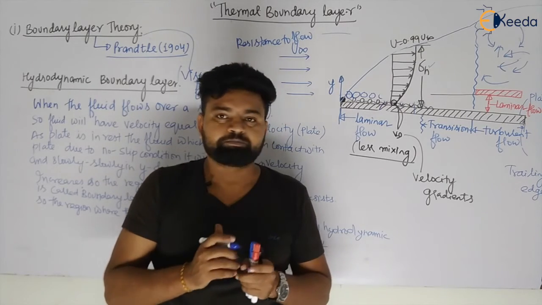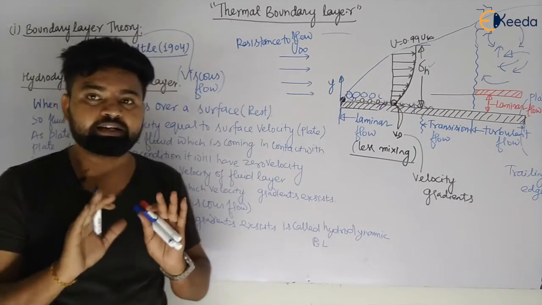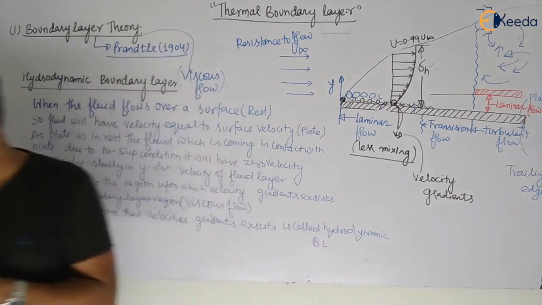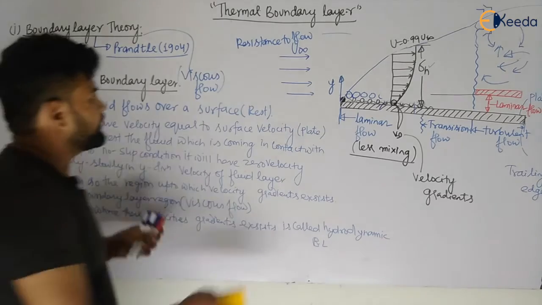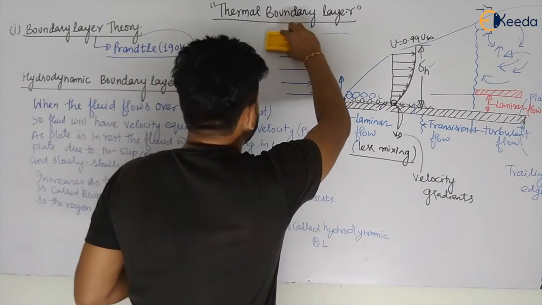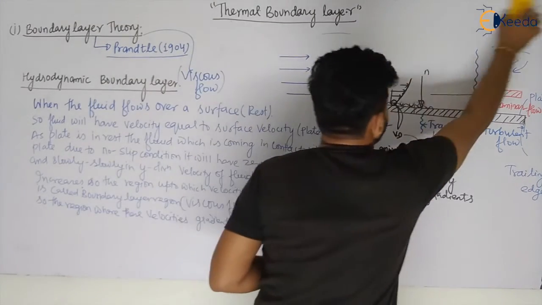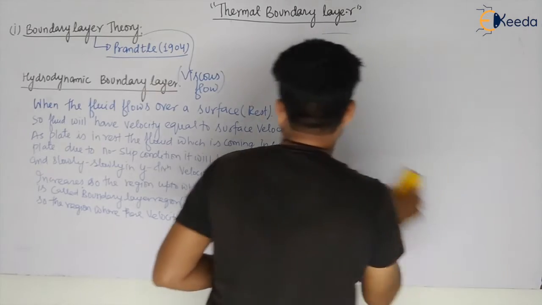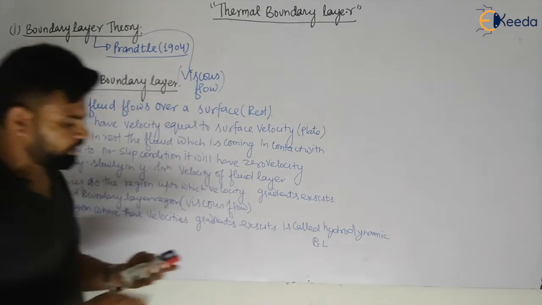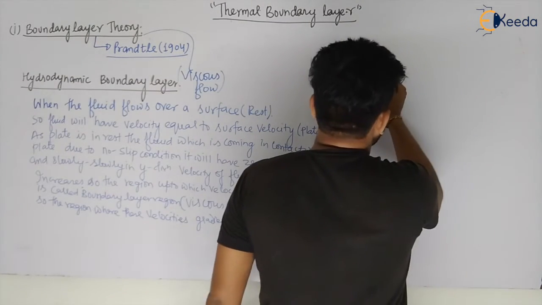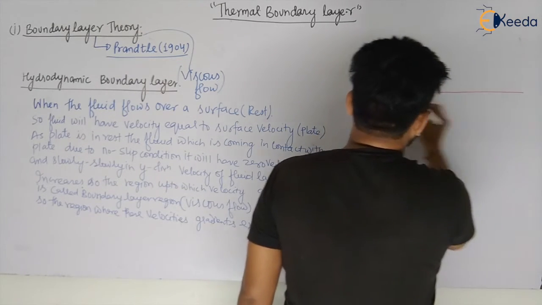Okay, now let us try to understand what the thermal boundary layer is, because I think your concepts are clear now. Let us study the thermal boundary layer, my dear students. Let us say the fluid with some velocity was coming. Now the fluid with some temperature is coming. Let us take that plate again. I am having a plate, and let us take that the plate is hot.